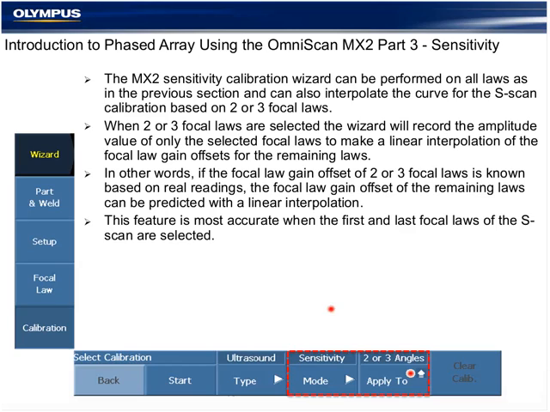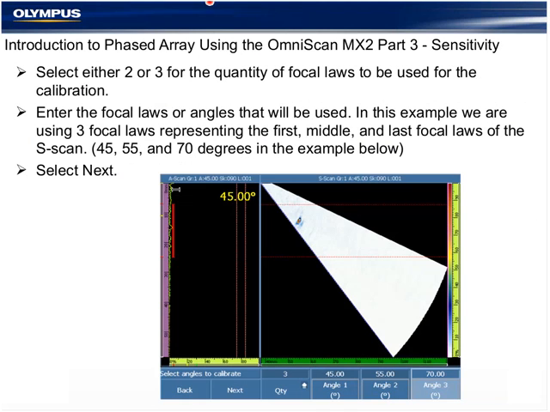So there's another option in addition to all angles for the sensitivity inspection. And there's a 2 or 3 angle option. In the 2 or 3 angle option, we select 3 or 2 angles, depending on which you selected. The software will base its calibration strictly on those angles and will automatically fill in the entire S-scan in between